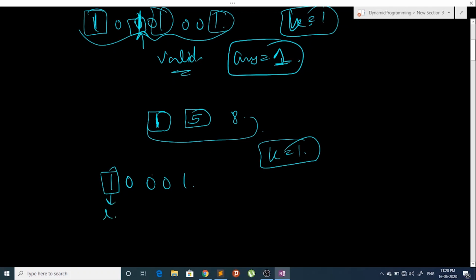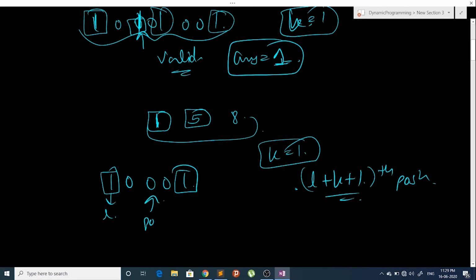Let's say this is L, so I will fill the L plus k plus 1th position if the distance between this position and the next position of 1 is at least k. So here the L plus k plus 1th position will be this, and the distance between this position and this position is 1. So we can fill this position. Now I will just do this for all the pairs of indices.